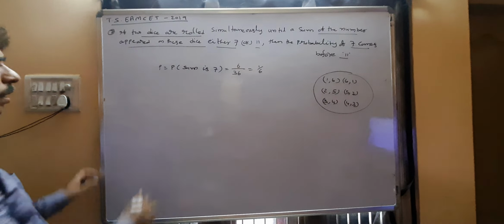1 minus 1 by 6, 2, 18 here. So 18 is the LCM. 18 minus 3 minus 1, that is 14 by 18, which is 7 by 9. Now the required probability of sum 7 before 11.